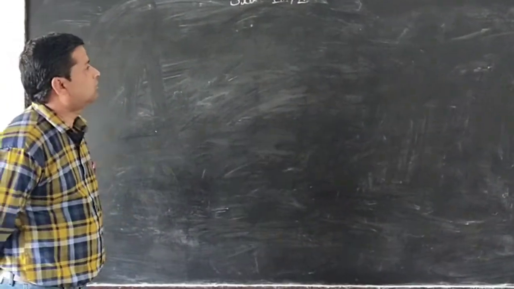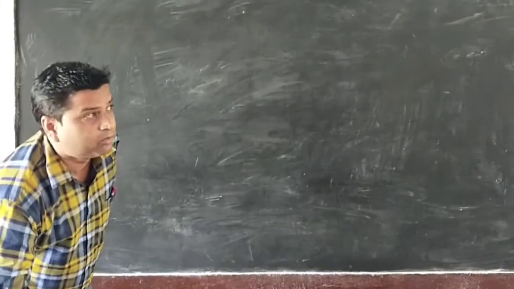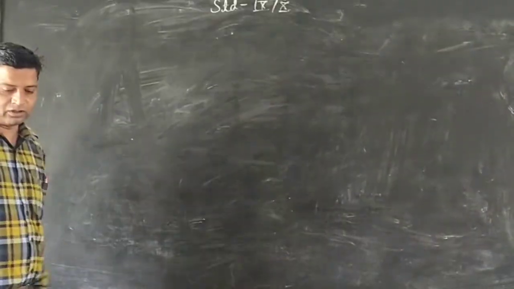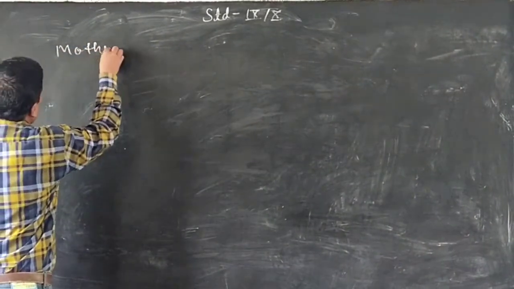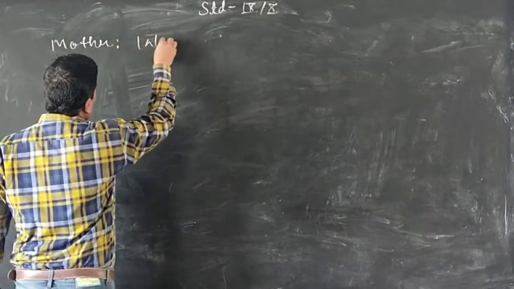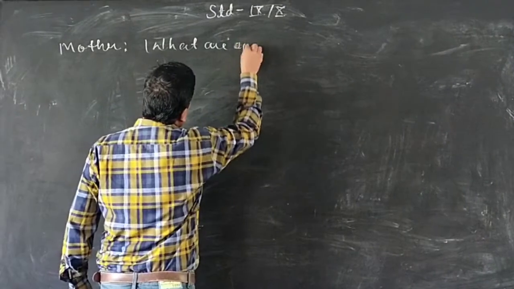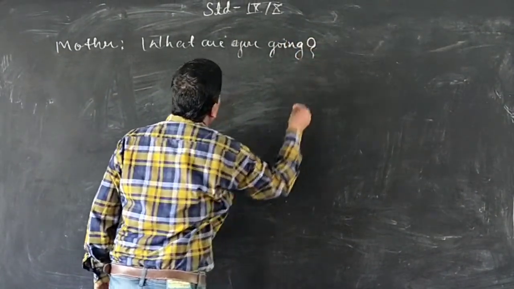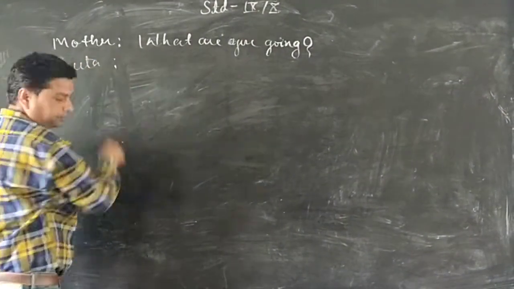Now, there is one question. Your question is: read the following dialogue given below and complete the paragraph. The dialogue I will write on the blackboard. Such as, mother: What are you doing? Mother is asking, what are you doing? And her daughter Geeta will reply,